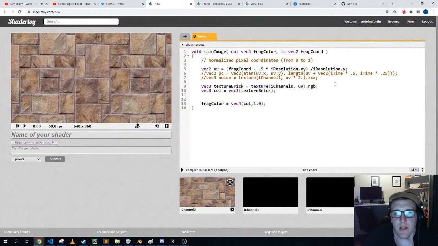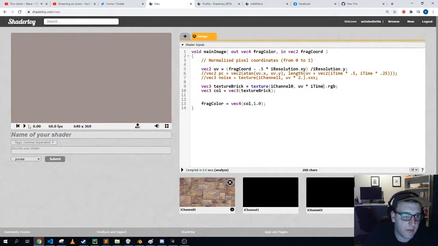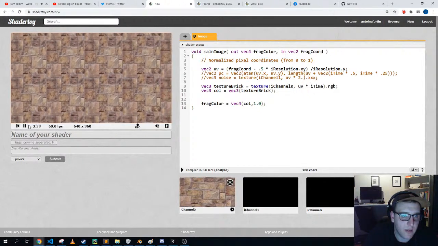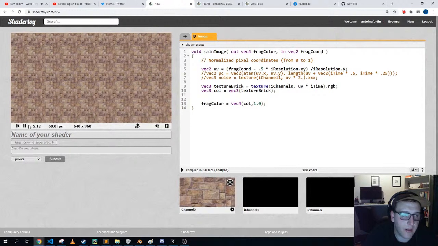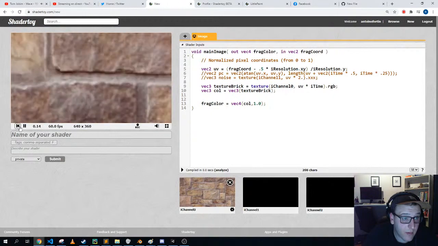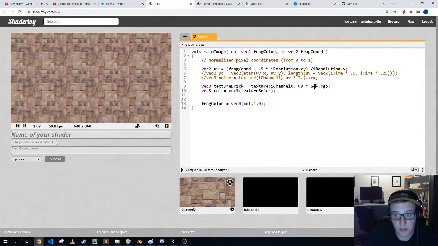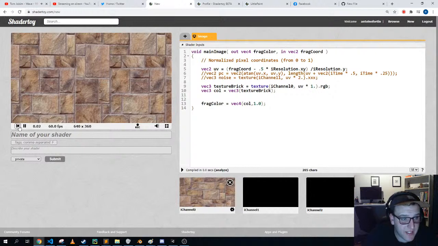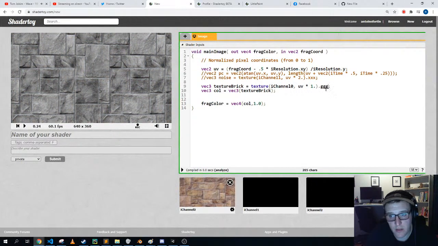Okay. So now we have the brick texture. We apply it to the color and then so on. So you could plug it time too. Now it will grow to infinity, not infinity, but as time goes on. But I'm gonna leave it to 1. And now it's important we have the RGB, where we could only query the red, the G, and the B